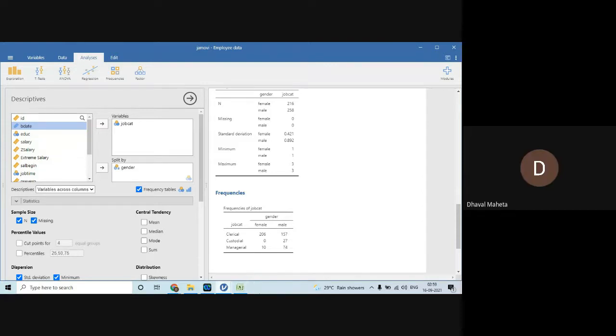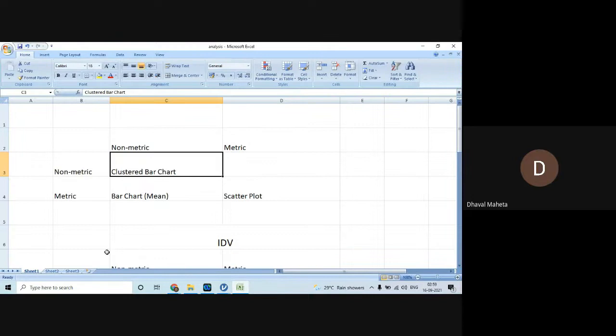See, listen. When we are working on both categorical variables, there will not be any problem. But when you are working in non-metric to metric, make sure that splitting is done by the non-metric variable. You can split the things by male and female. Say for example, we are having salaries of all the employees. I want to split it by male, female, department A and B. So splitting is a categorical variable.